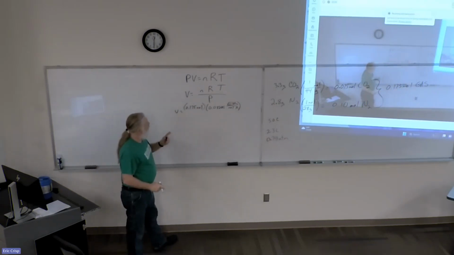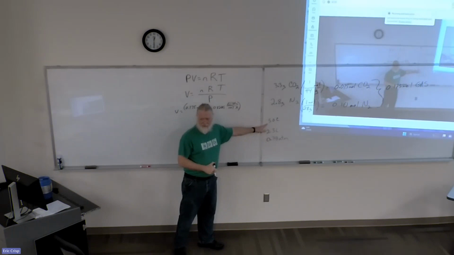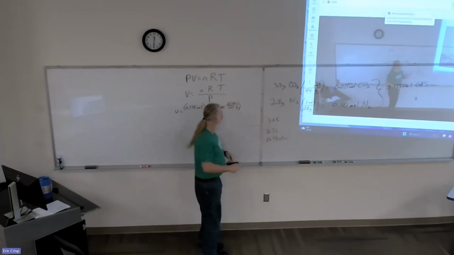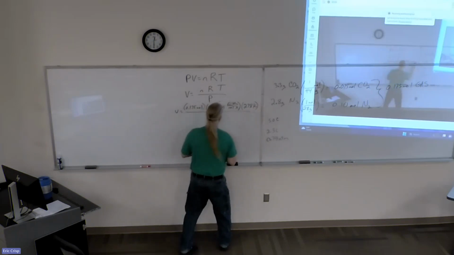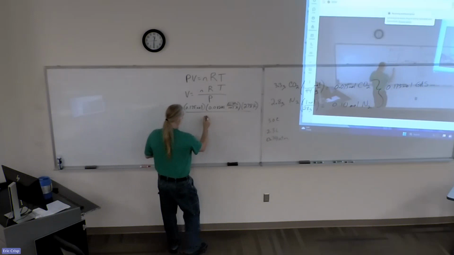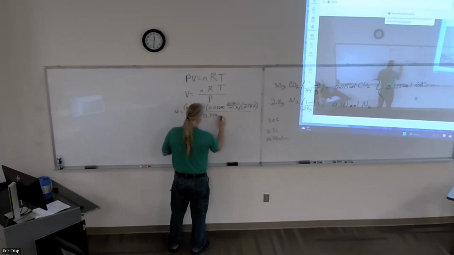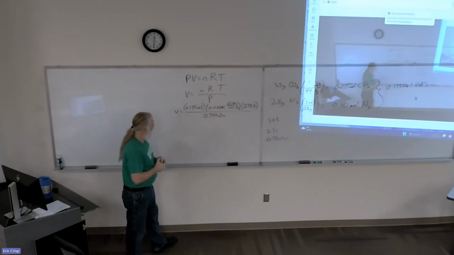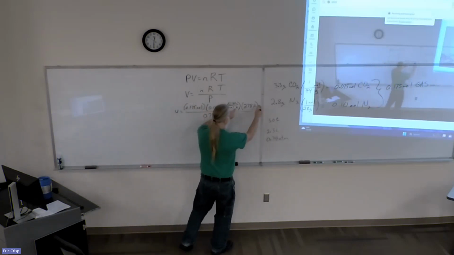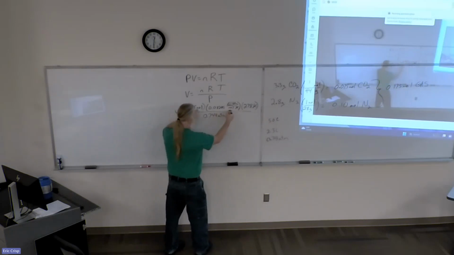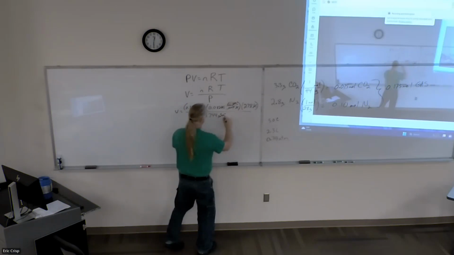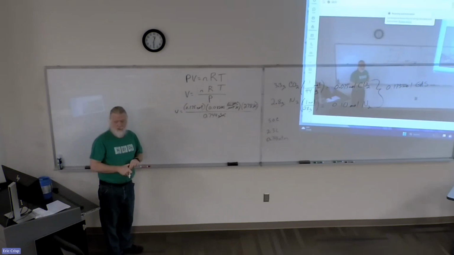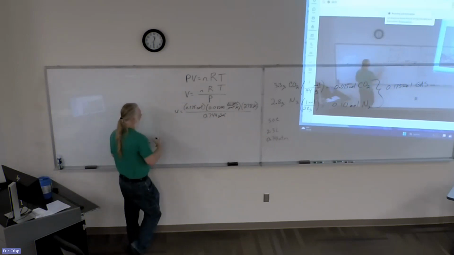Okay, and then what do I want to use for T? What do you want me to use? So what would you like me to put here? 270. Okay, beautiful. Over, what am I using for pressure? All right, so let's look at unit canceling. K is in the denominator, so those K's are going to cancel. Moles cancel. This atmosphere on top, this atmosphere below, leaving a unit of liters. Multiply it all out, and you get